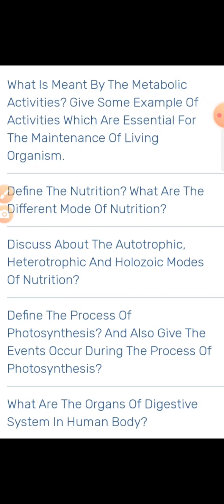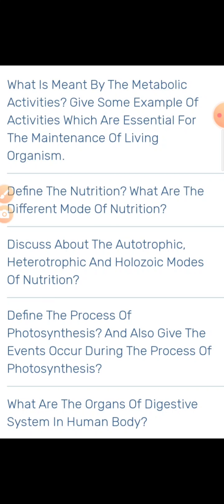First you have to write what do you mean by metabolism or what do you mean by metabolic activities. And the life process can either be anabolic or catabolic in nature. And the nutrition, respiration, transpiration, transportation, excretion, these are some essential functions of the different living organisms, those are required for the maintenance of the living organisms. So you have to give the examples of the things or the activities which are essential for maintaining the living